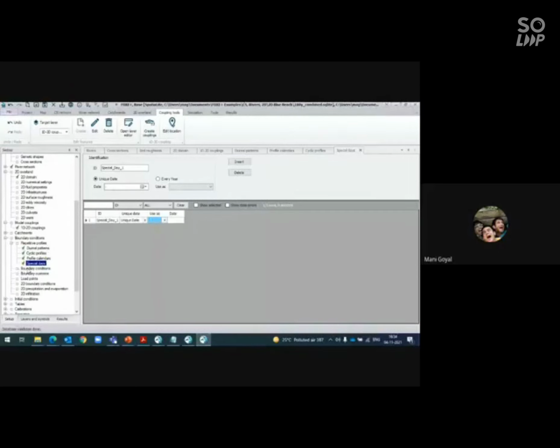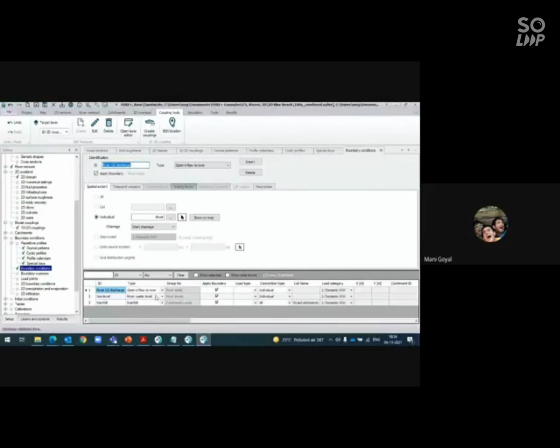And if you are including a rainfall runoff scenario over it, you need to provide the rainfall in terms of DFS 2. So for temporal variation, one can be the constant discharge. Cyclic will be for your collection system, as you will assign the diurnal pattern and profile calendar and all those things. It will go as cyclic, because cyclic means repetitive. So you have to give the boundary condition for one day and it will repeat itself throughout, if you are running it for 1 year, 2 years, or whatever.